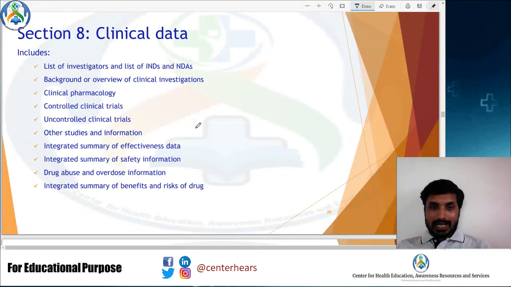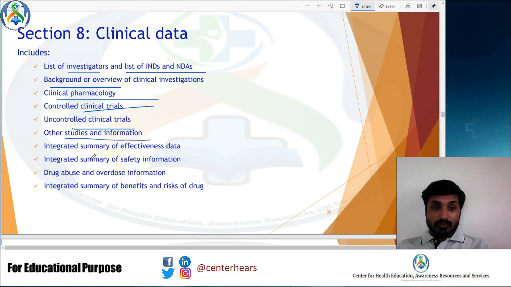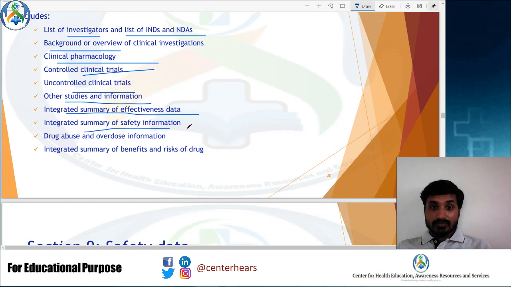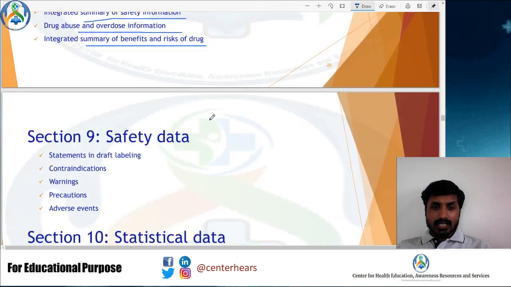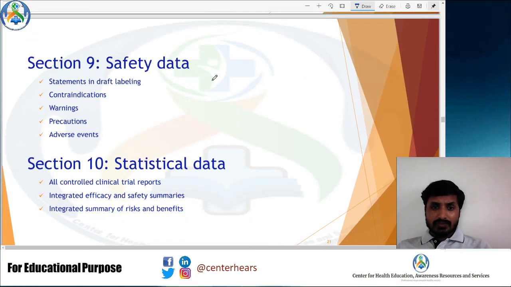Then section 8 will have the clinical data, which includes the investigators and the list of INDs and NDAs, background or clinical pharmacology, controlled clinical trials or uncontrolled clinical trials if there are other studies and information, integrated summary of effectiveness of the data, integrated summary of safety information, drug abuse and overdose information, integrated summary of the list of the drugs. While section 9 will have the safety data, statement of the draft labeling, contraindications, warnings, precautions and adverse